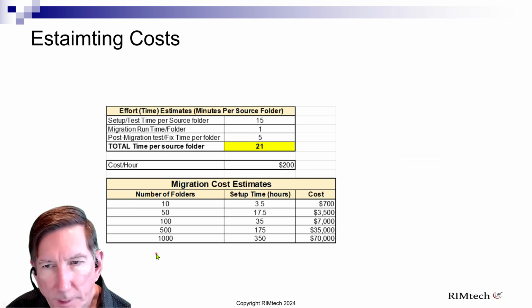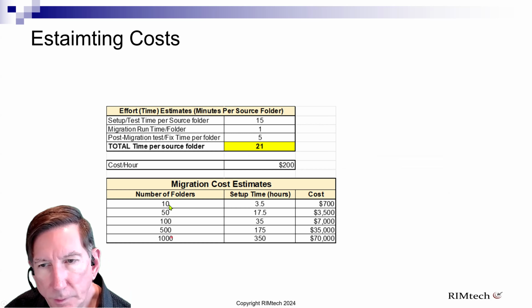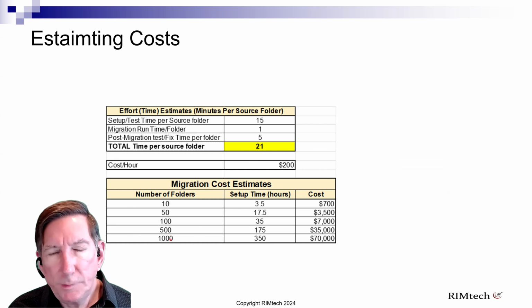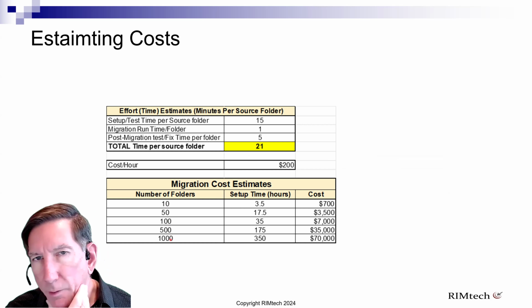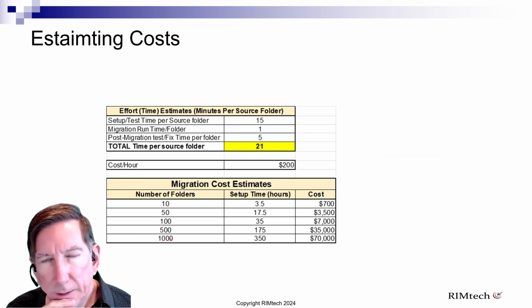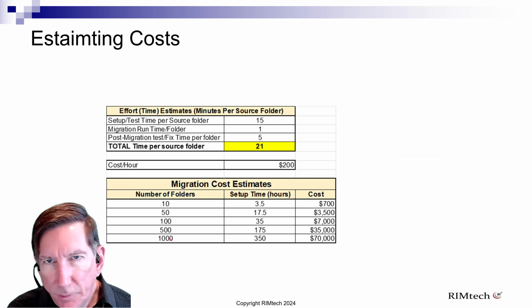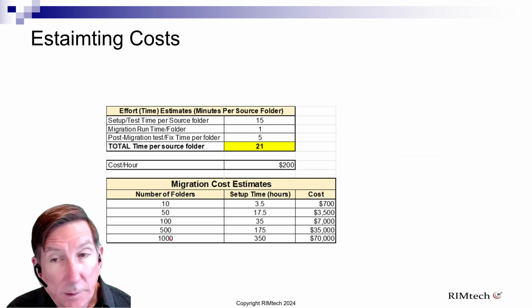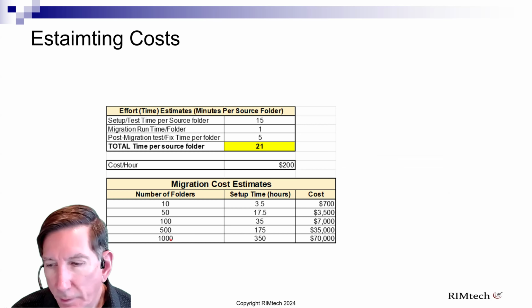So you can just extrapolate based on the number of folders. I think that's a far, far more realistic way to price out the cost. I just realized I never spelled estimating correctly, but that aside, I really think that this is a far better approach to costing